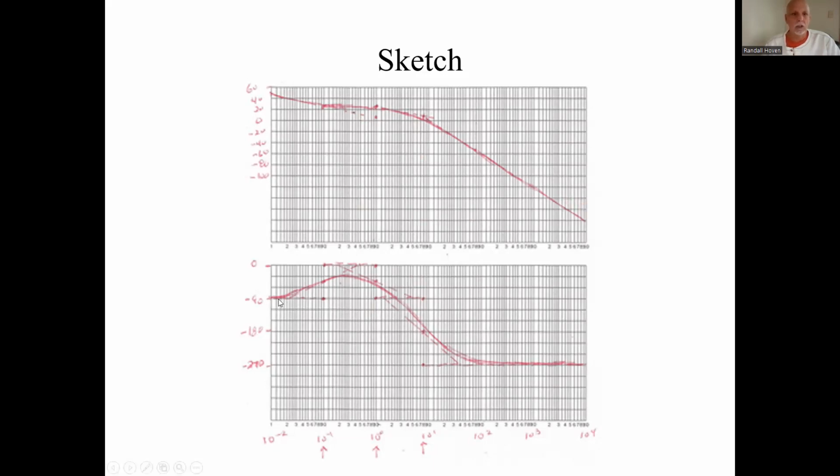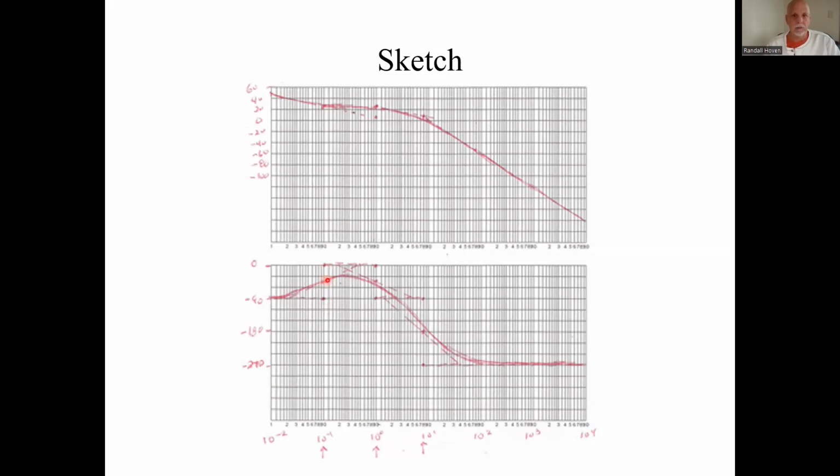On the phase, it starts at minus 90, stays flat, and then it goes up because of that 0, up to 0. Then it stays flat to the next breakpoint, drops again to minus 90, stays flat to the next breakpoint, drops another 180 down to minus 270. It stays there forever. So here we have an angled asymptote that goes up because of the rise in the phase. Here's the midpoint at